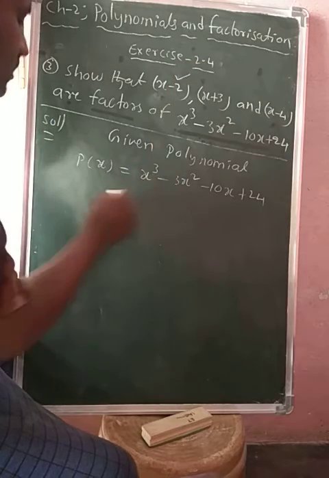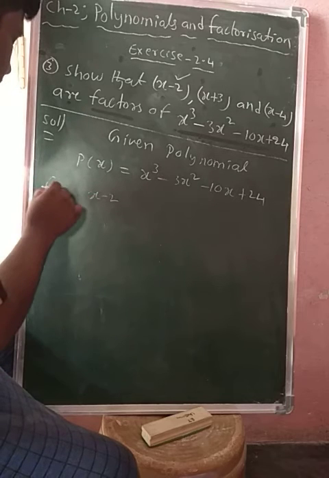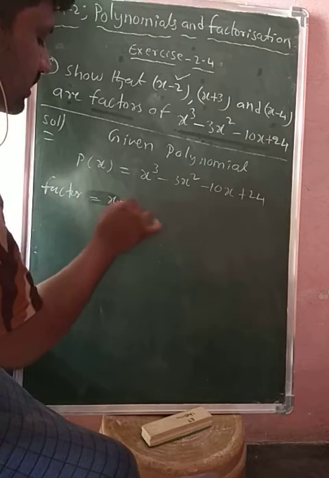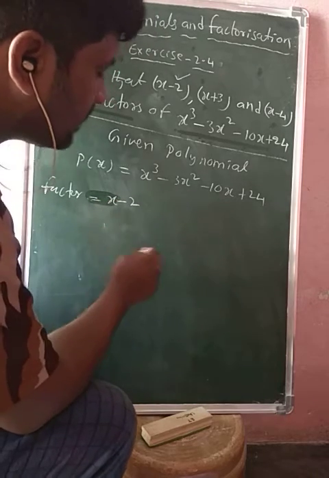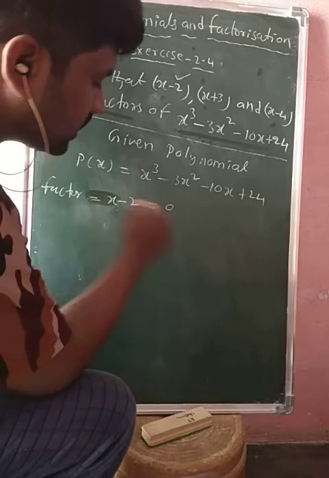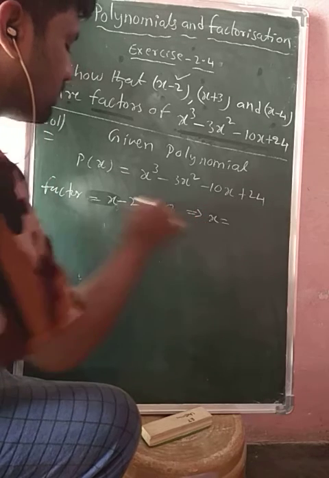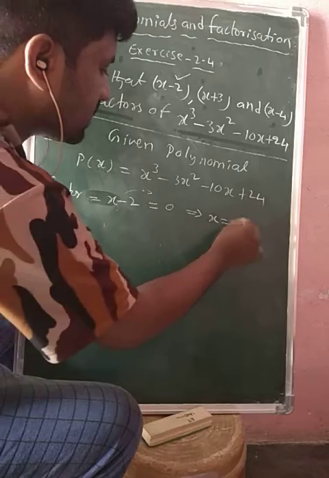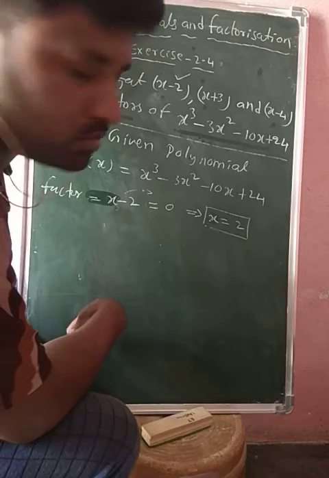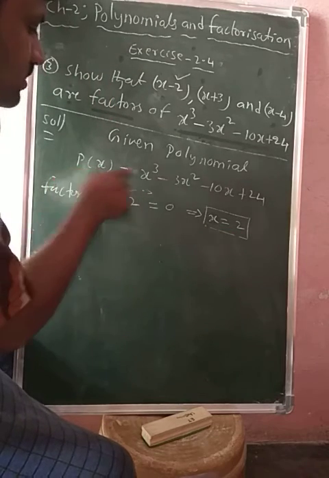Okay, first of all, what is the factor given? x minus 2 is a factor. Okay, now what is the factor? The factor is x minus 2. What I am doing is equating it to 0. Then I get x is equal to minus 2, transposing to the RHS side it becomes plus 2. So x is equal to what? 2. You just substitute, you just replace this 2 in the place of x.